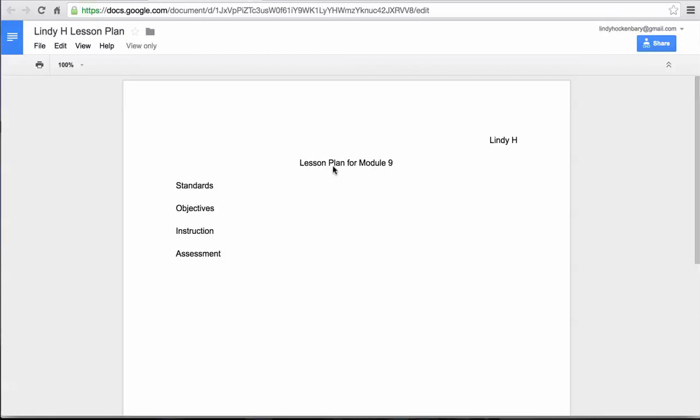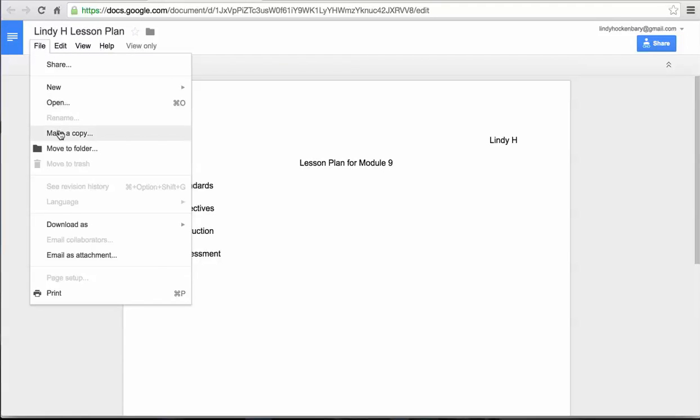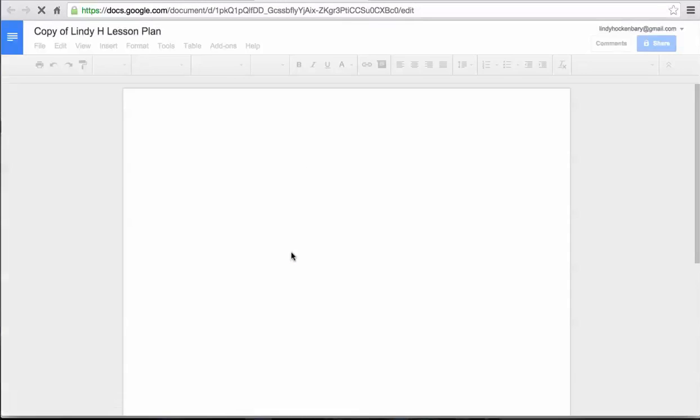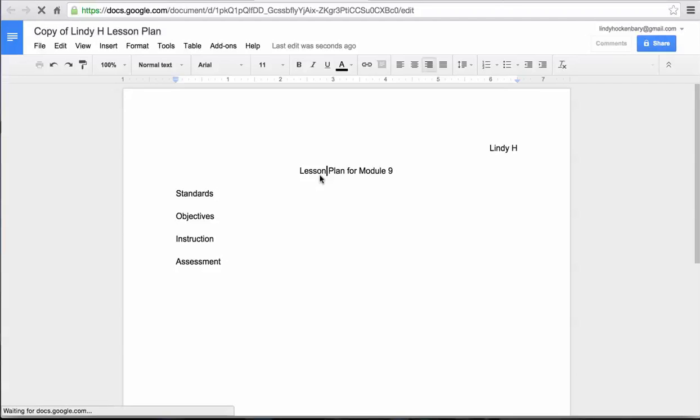Now you'll notice that I can't edit this document right now because I am in view only mode. That's the only privileges I have over this. So in order to edit this document for my course mate, what I have to do is make a copy. So I'm going to go File, Make a Copy. I'm just going to keep this name because that's a really good way for me to distinguish between the original version and the new version, because it says Copy of, and click OK. And now I am in a copy, and now look, I can click in and I can start editing this